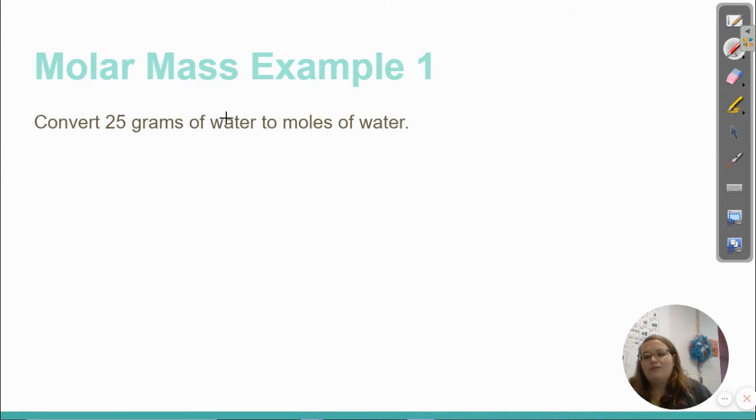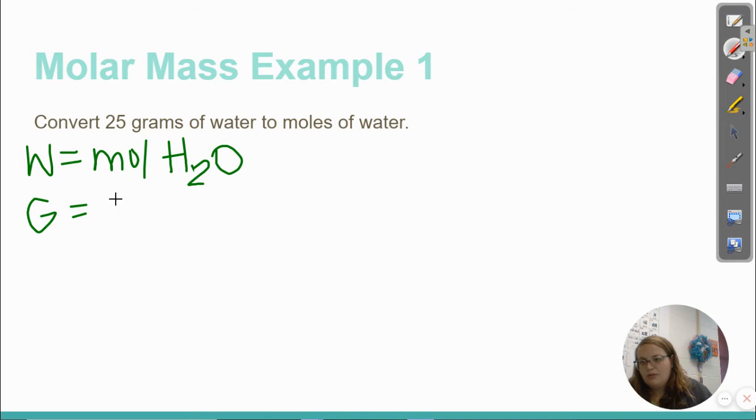So we're going to convert 25 grams of water to moles of water. So this is a dimensional analysis problem. So our wanted is mole H2O, we are given 25 gram H2O. Why is it so hard to draw a 2? So our data is going to be, we need to do our